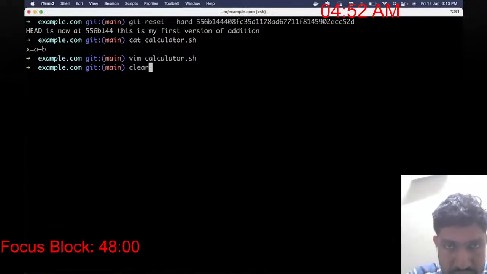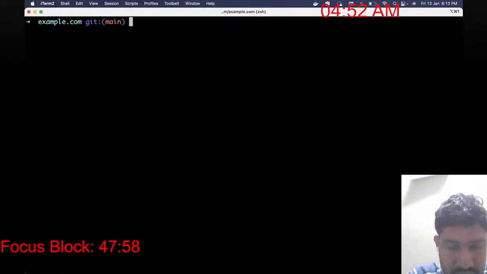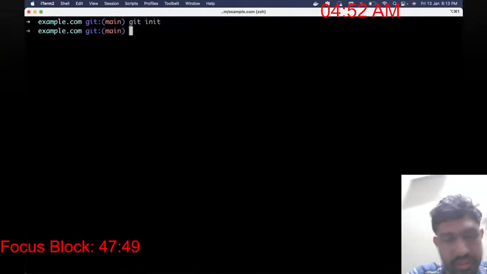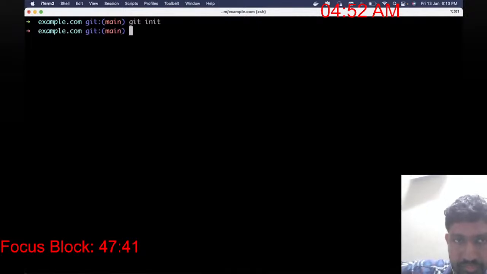Now, how do you share this code, right? So right now all the things that I talked about is only versioning. So I initially created a Git repository in my local. Okay, after that I showed you how to add the files, how to track the files, how to commit the files, how to look at the difference, how to look at the logs in Git, and how to switch from one version to another version. But essentially, you should also know how to share the code, right?